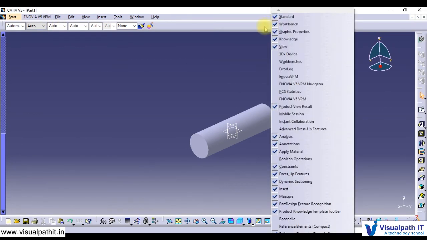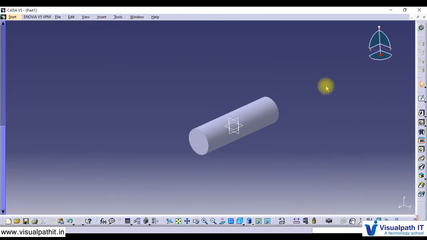If I don't want this, I'll remove it. The toolbar is gone. So that is how you add the toolbars that you want, and you remove the toolbars that you don't want. So this is the basic of how a CATIA part interface looks like, and now we will look into the SketchUp.